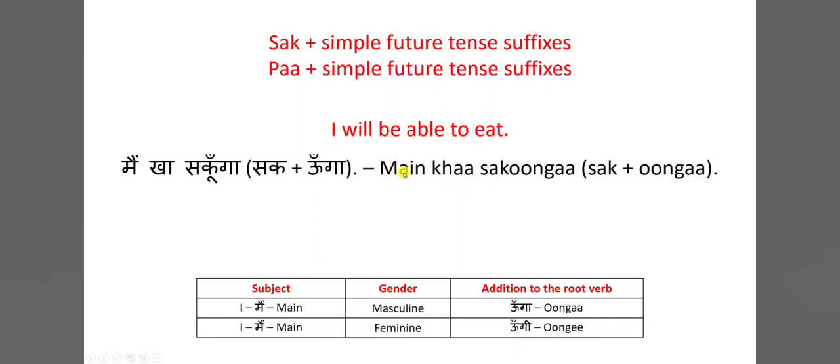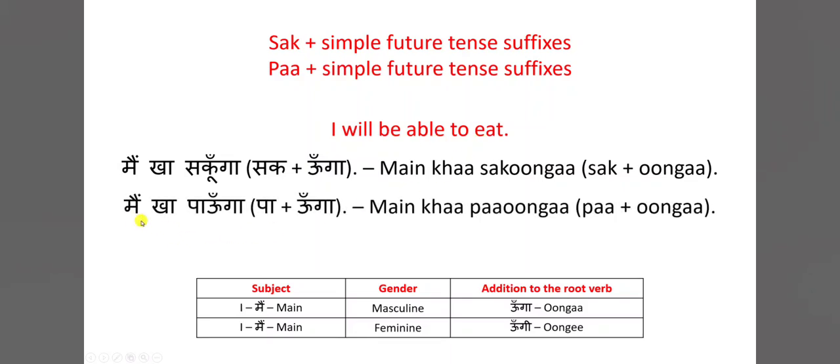Okay. So this is one way to frame I will be able to eat. One more is मैं खा पाऊंगा. Here we add the simple future tense suffix